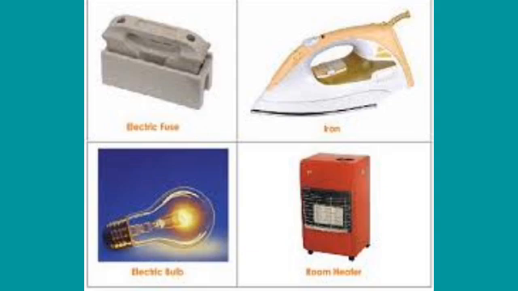First, fuse. A fuse is a strip of alloy wire made up of lead and tin, which has a very low melting point. So, when the current passing through the wire exceeds the maximum limit, it gets heated up. Due to its low melting point, it melts quickly, disconnecting the circuit. This prevents damage to the appliances.